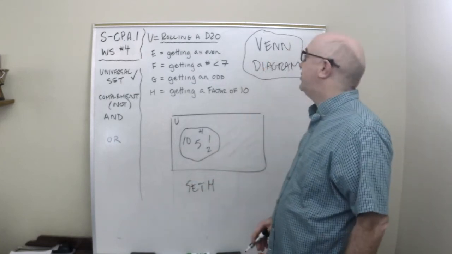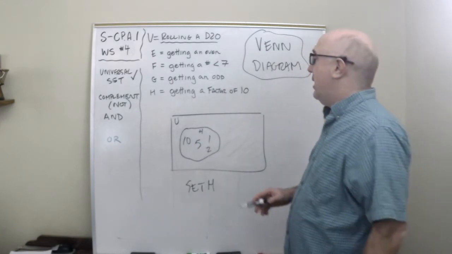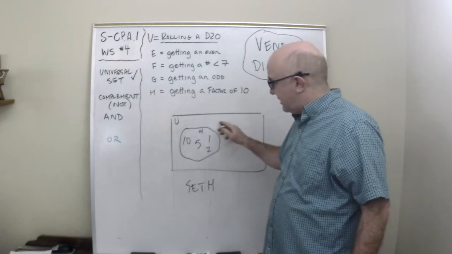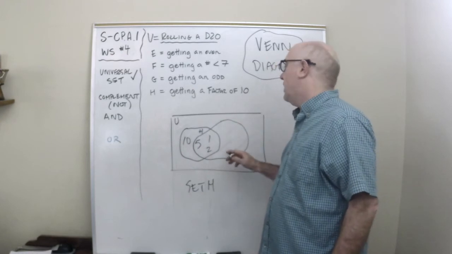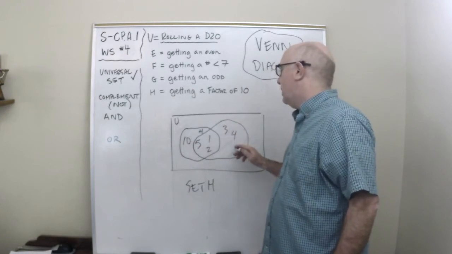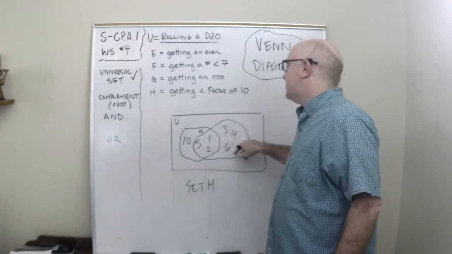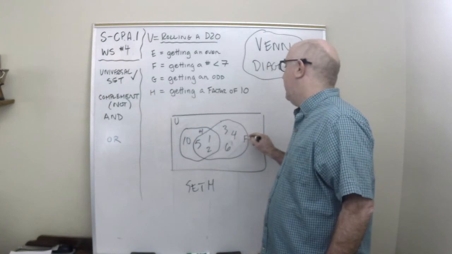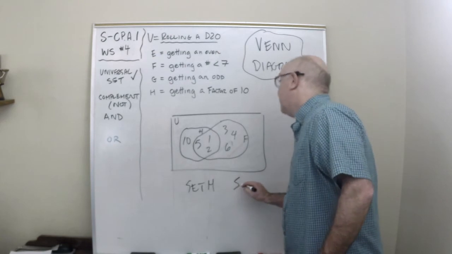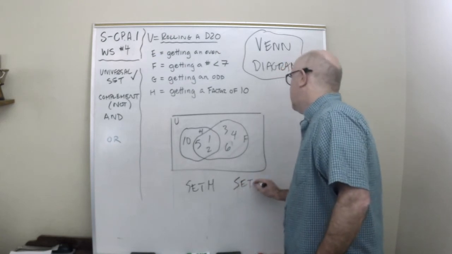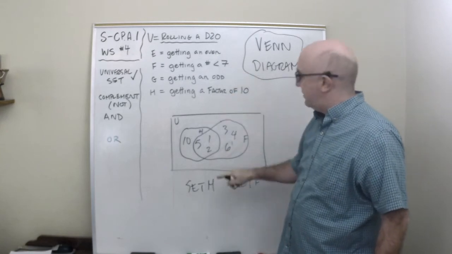Now, if I also wanted to draw F, the numbers that are less than 7, I notice that some of them are already listed here. And so I would need a 3, a 4, 1, 2, 3, 4, 5, 6. So now I want you to notice something very important just happened. The two sets, set F, which are the numbers smaller than 7, and the numbers that are factors of 10